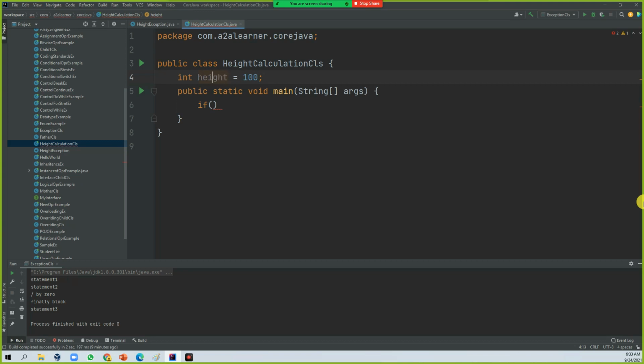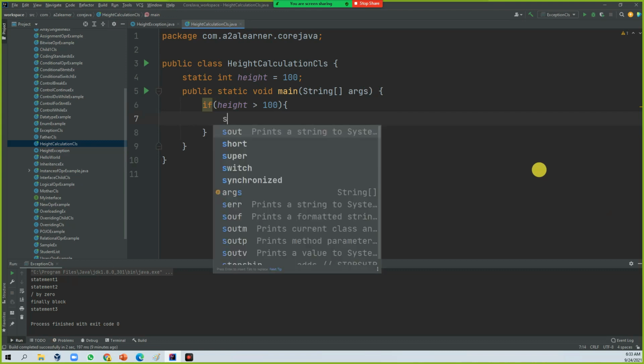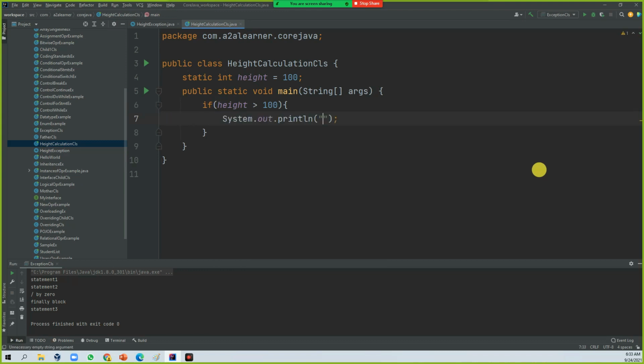If I want to use this in the static block, I should declare it as static. If height is greater than 100, just print the message using System.out.println: Pass the test.